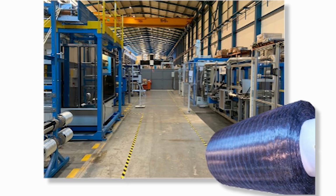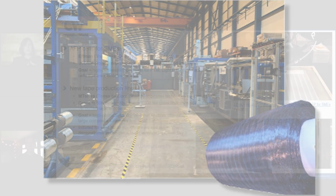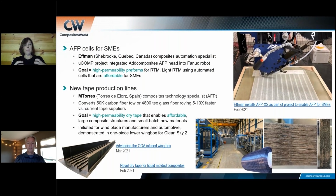And on the left side is a glass fiber dry tape line. And on the right side is a carbon fiber dry tape line. And you can see a spool of that tape and then some close-ups of it. And it's pretty interesting. This effort came originally out of their work with wind blade manufacturers and trying to come